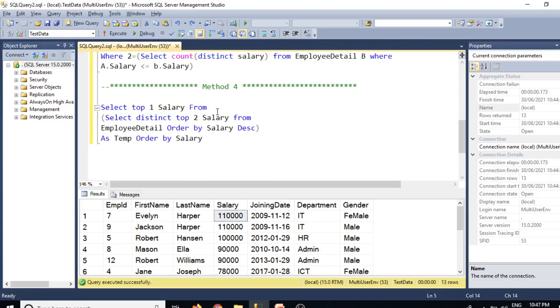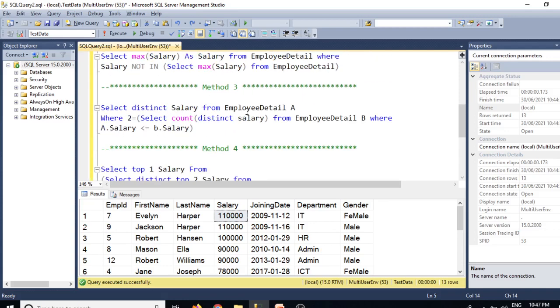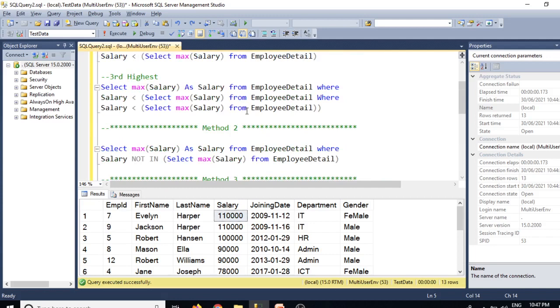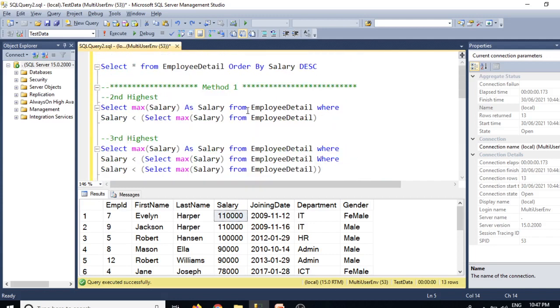And at last we talked about the top keyword. So these are the 4 methods we have seen for highest salaries. Now using those queries I'll show you how we can get the lowest salaries, like second lowest or third lowest, whatever you want. We just need to make a little bit of change in the query, and then you can get the lowest salary.